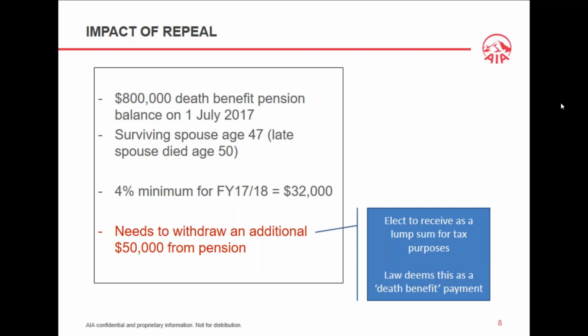So because they were both under the age of 60, we know that the taxable component of the pension payments is assessable income, taxed at marginal rates less than 15% pension offset, which means that if we draw 4% out in the current financial year being $32,000, part or all of that's going to be subject or will have to be declared in mum's personal tax return and taxed at her marginal rate less than 15% offset.